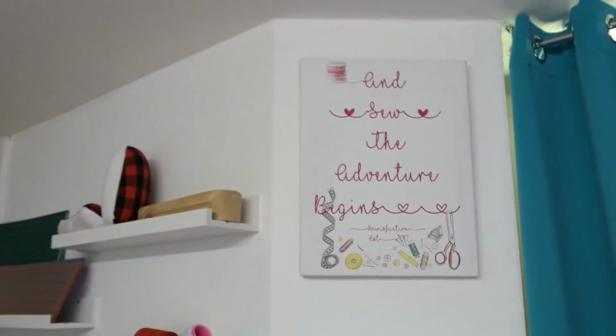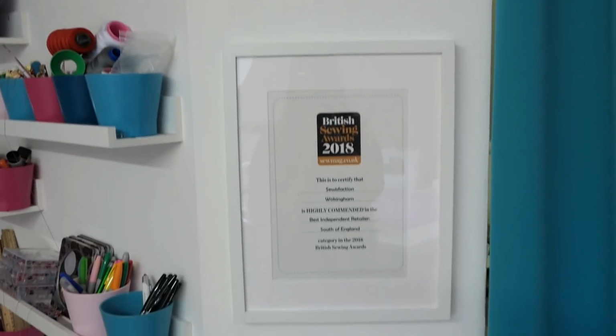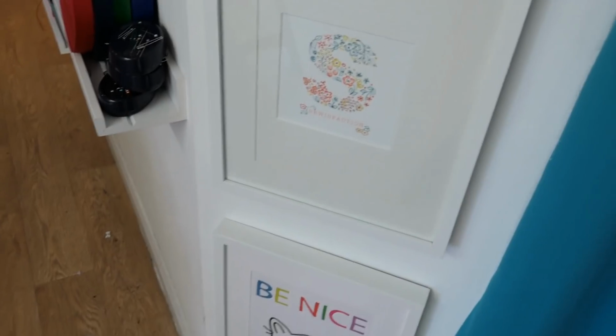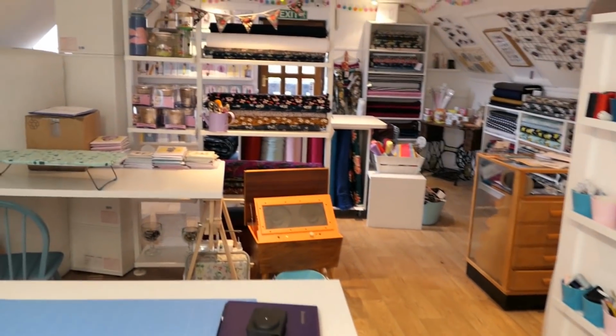And these, my mum bought me that when I first opened the shop. That is our much loved British Sewing Award. I'm going to move from this spot, I promise. And a couple of other lovely pictures that were either given, yeah, I think they were both given to me. So that is our rather